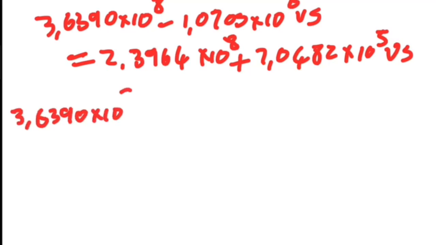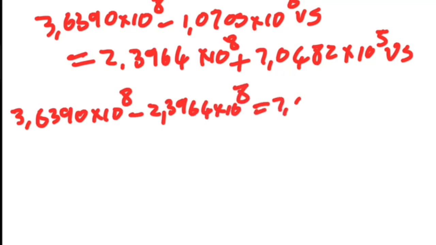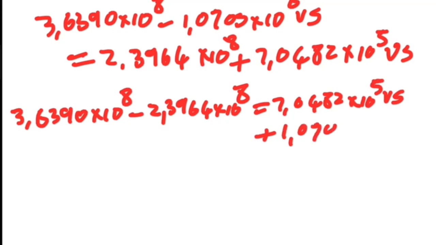3.6390 times 10 to the power 8 minus 2.3964 times 10 to the power 8 being equals to 7.0482 times 10 to the power 5 Vs plus 1.0703 times 10 to the power 6 Vs. So let me put the left hand side on my calculator. 3.639 times 10 to the power 8 minus 2.3964 times 10 to the power 8. I'm getting